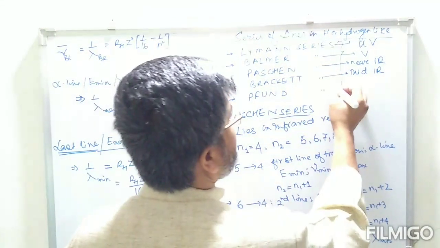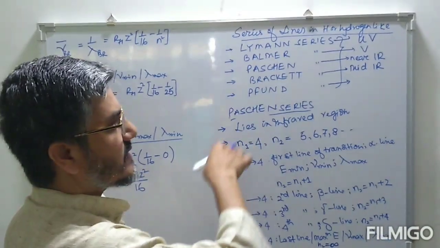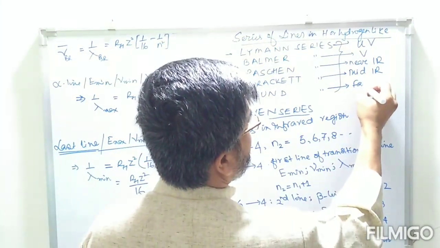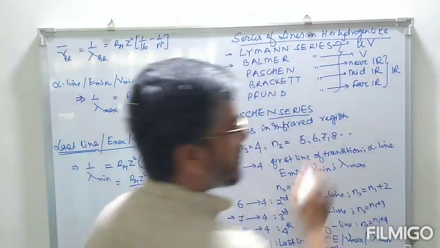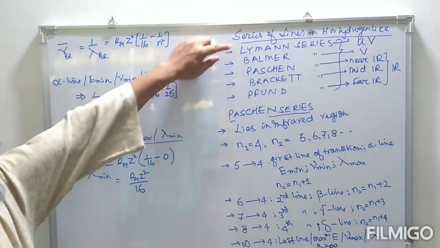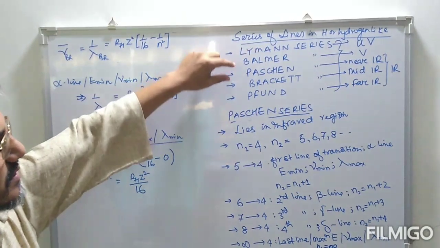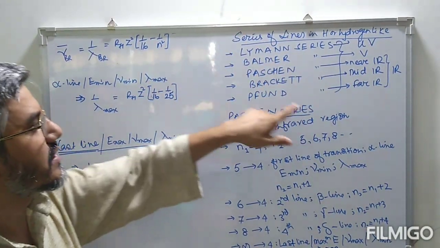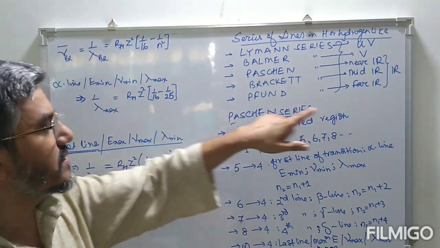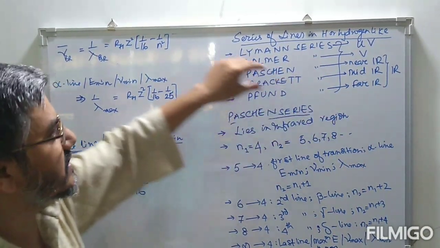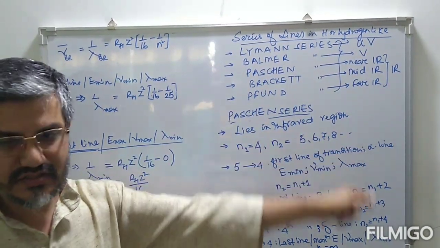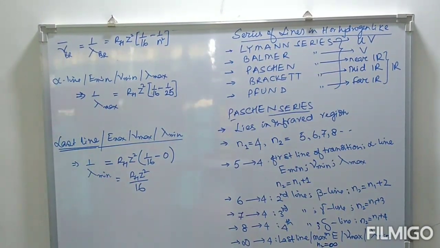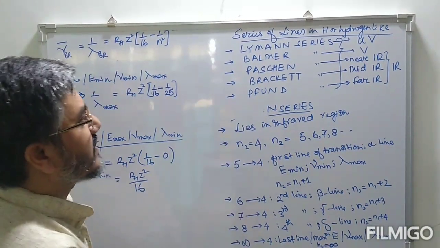And last we have the Pfund series. This Pfund series lies in the far infrared. So these are the three series that lie in the infrared. So Lyman is ultraviolet, Balmer visible, Paschen near infrared, Brackett middle infrared, Pfund far infrared. So these three, Paschen, Brackett, Pfund, lie in the infrared region. For this Pfund series,